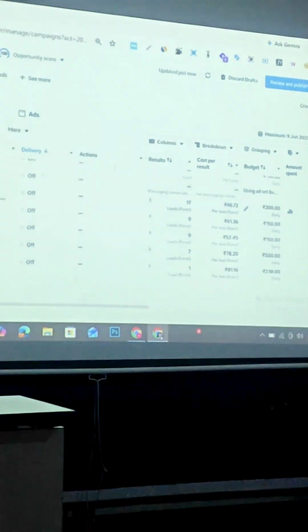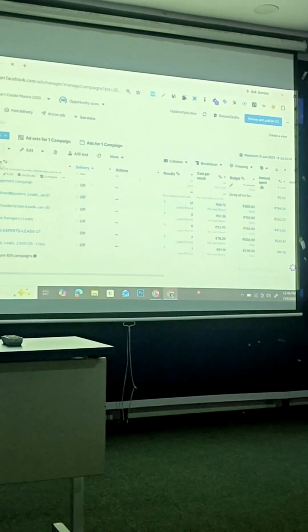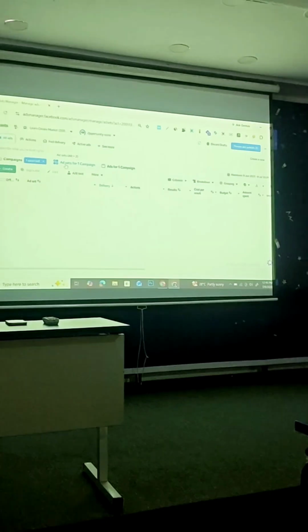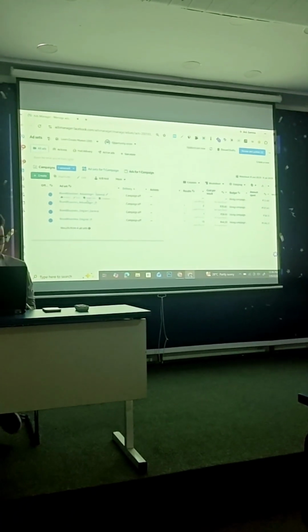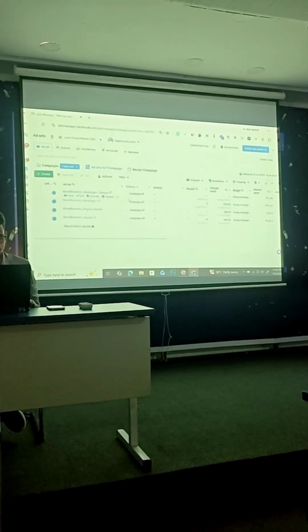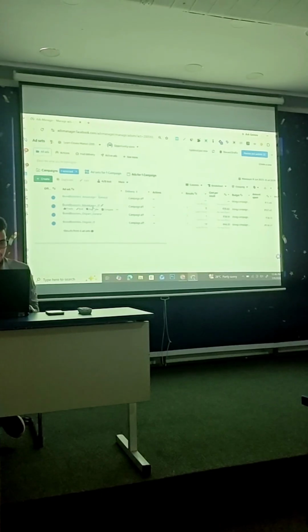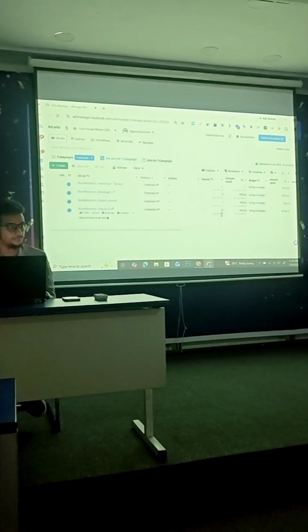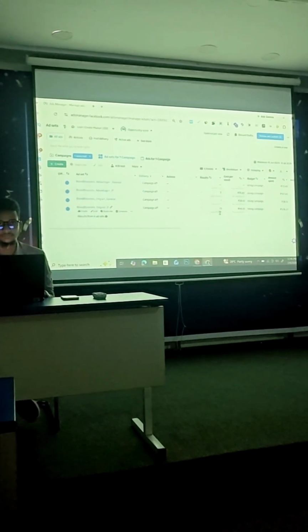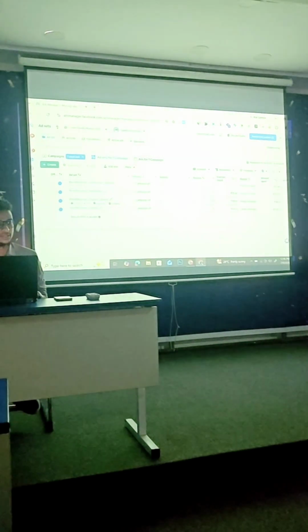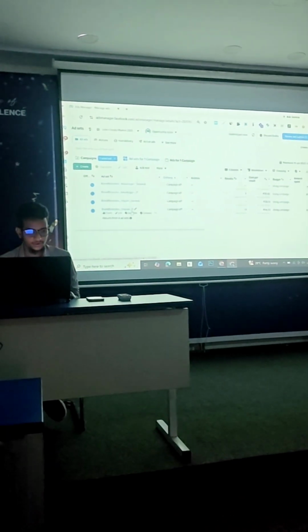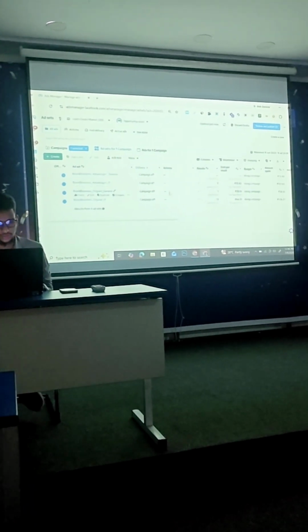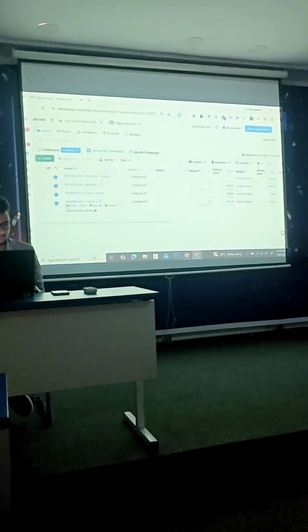Now I'll select this ad set, campaign, then I'll go to ad set. Now there are how many ad sets? 2 ad sets. Sorry, 4 ad sets. Advantage placement audience, 3 leads they got. Original audience, 13 they got. Which is performing well? No. You cannot say until and unless you check the rate. It depends on lead quality. For them, I think they got 1-2 quality leads also for lead campaign.